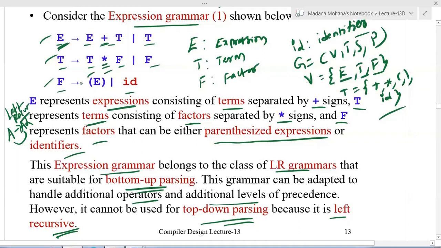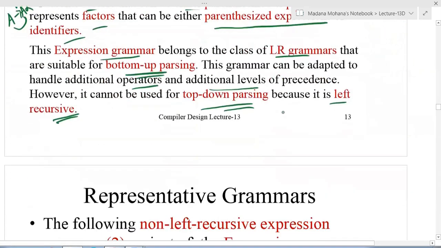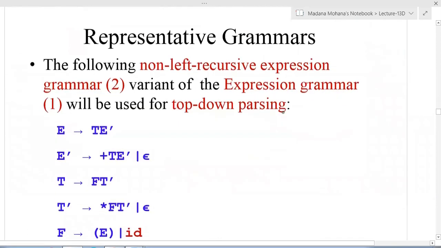Now in a top-down parser, if any grammar has left recursion, we have to eliminate it. That we will discuss in upcoming concepts. So the grammar without left recursion can be used for top-down parsing, and the grammar with left recursion is used for bottom-up parsing. Now see one example of a non-left-recursive grammar. The following non-left-recursive expression grammar, name it 2, a variant of the above expression grammar 1, will be used